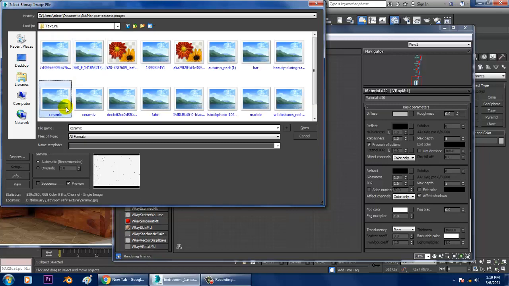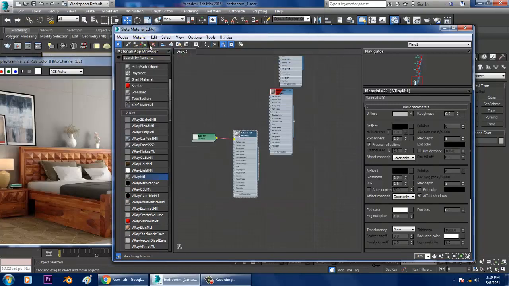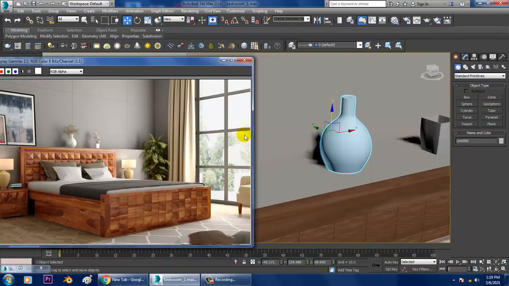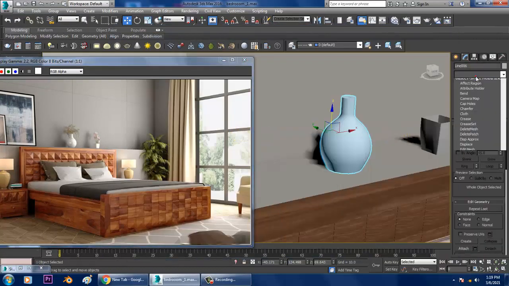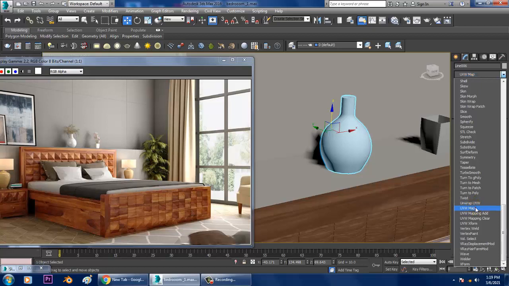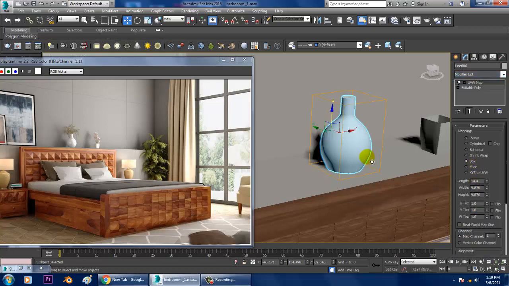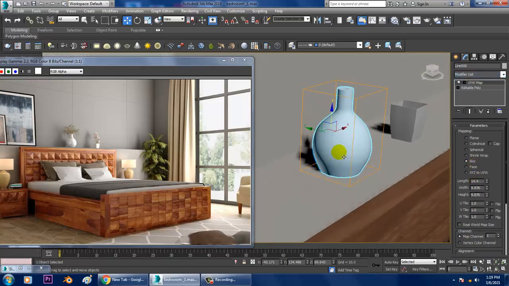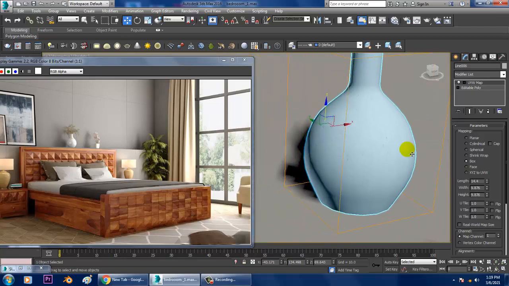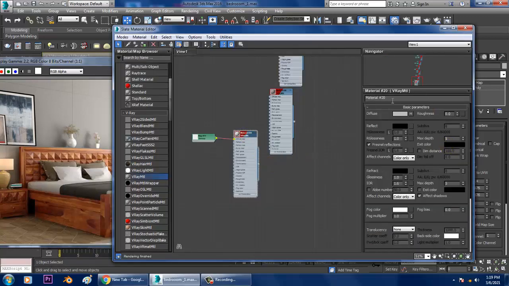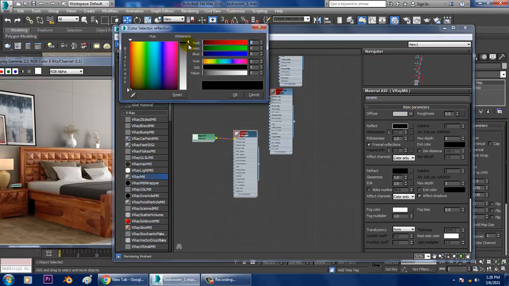I have already downloaded this ceramic texture. Let's give a UVW map. If you want to give some roughness, you can give some roughness. You can just rename it as ceramic. You can give a bit of reflectiveness.